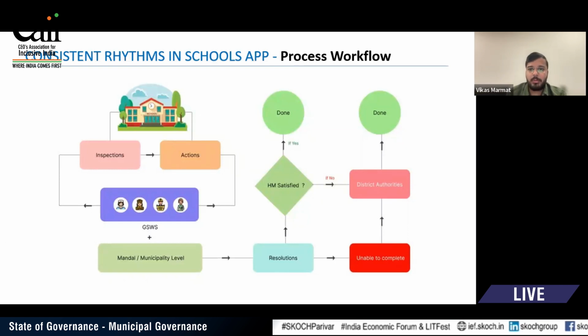So when one functionary, one government employee, submits data, it goes to the action tile of the other functionary. For every functionary in the app, there are 2 tiles when he logs in. One is inspection, one is actions. In the inspection will be what he has to inspect, and in action will be what he has to take action upon. For example,